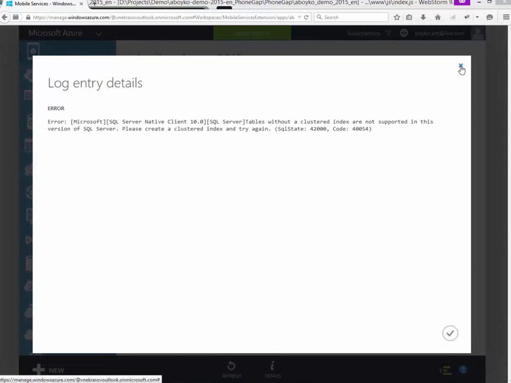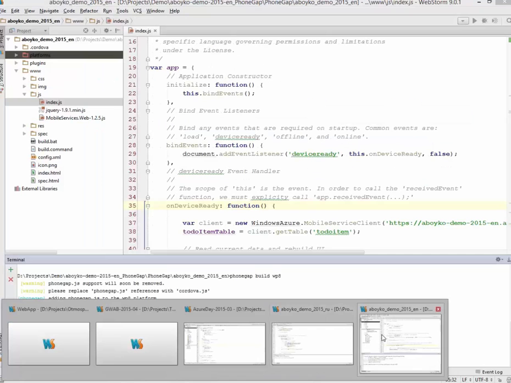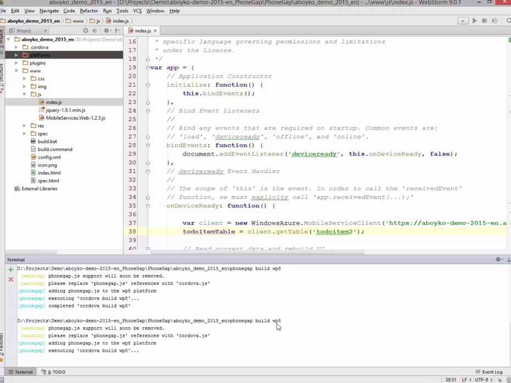Oh, yeah. I know this issue. It's because I played a little bit around with our mobile services. I think we can easily fix it. I just need to adjust a table name. Rebuild my application